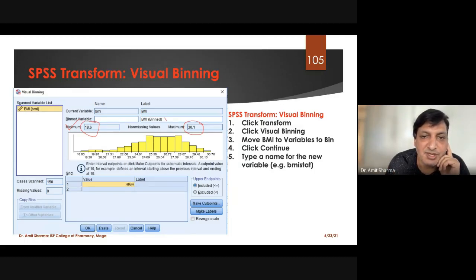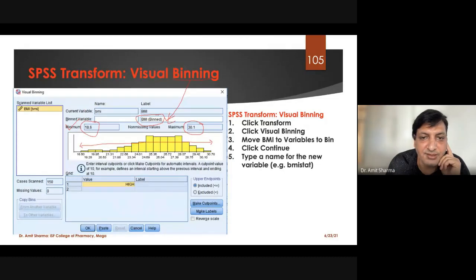So that will be mentioned here. For example, I have written BMI bind. That bind word I have taken from this one only, from binding. So that you can add here, that what will be the name of the bind variable you can add here. Clear? So once you add the minimum and maximum, the software is going to show you